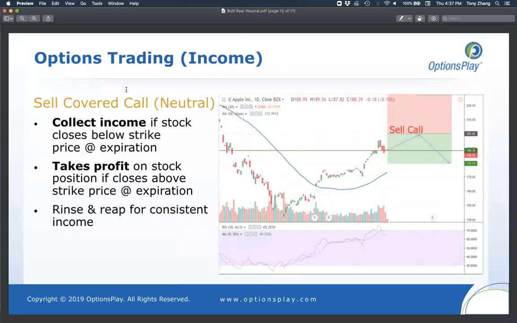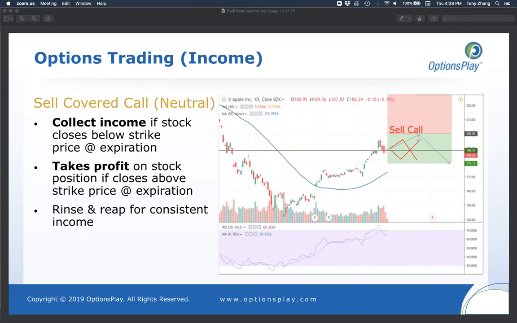So lastly, what I want to talk about is selling a covered call. So imagine you have Apple stock. You don't think it's really going to move much higher. You don't know if it's going to move much lower. You think it's going to stay somewhere around where it is. So one of the best ways to trade this is to sell a call option, to basically collect some income, and as long as the stock doesn't move substantially, so let's say the stock is just around 192 again, and you don't think the stock's going to move much higher, you don't think it's going to move much lower, maybe you think it'll move higher a little or maybe move lower a little, something along the lines of this,